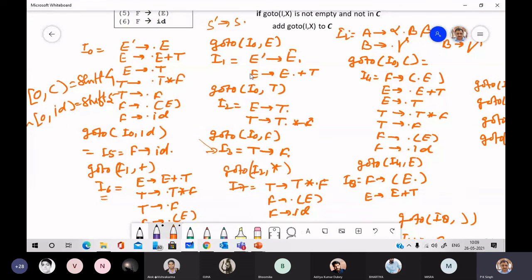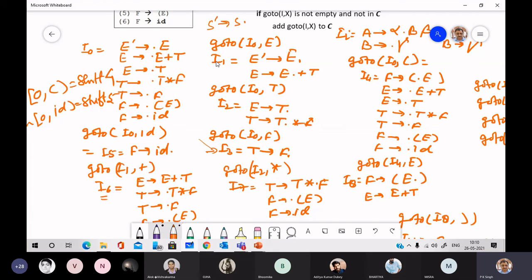The second item has a terminal symbol just after the dot, so the action is shift: action of item set 1 and symbol plus is shift. Where to shift?